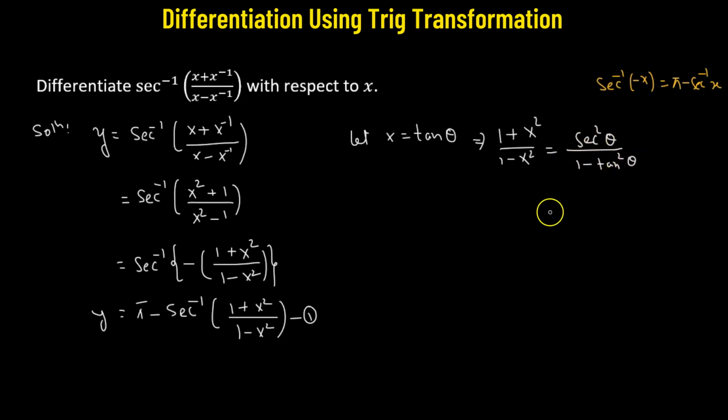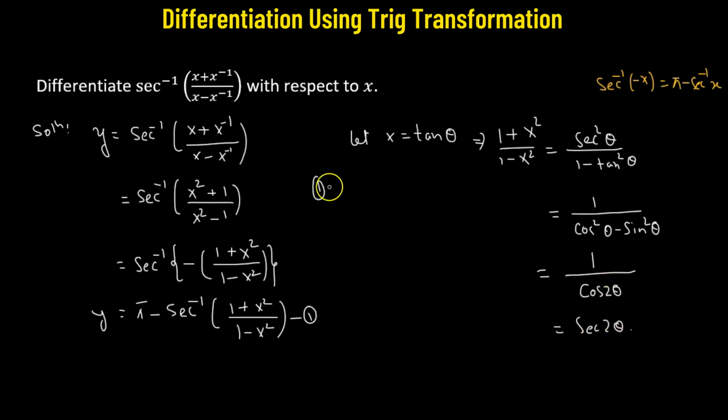So what we'll do, we'll divide both the numerator and the denominator by secant squared theta. That means this will be cosine squared theta minus sine squared theta. And cosine squared theta minus sine squared theta is cosine of 2 theta, which makes it equal to secant of 2 theta. So that means R1 will become y equals pi minus secant inverse of secant of 2 theta,